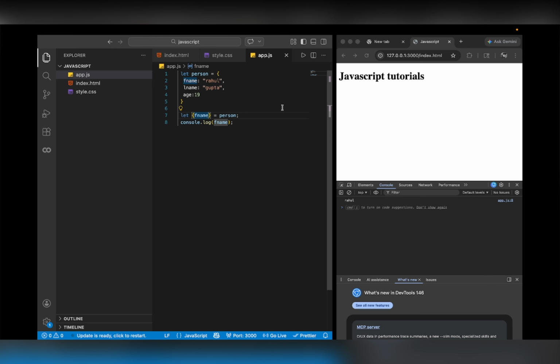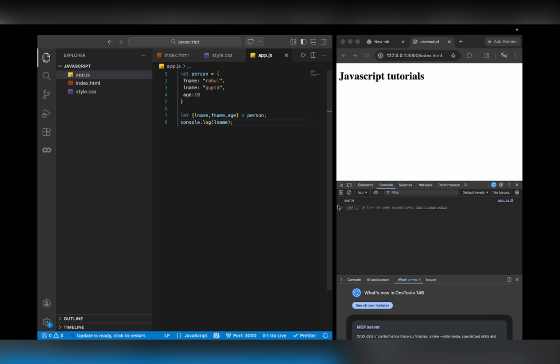सिमिलरली हम लोग एक बार में सारे को कर सकते हैं लाइक lname या age। तो यहाँ पे सेम केस में फर्स्ट नेम पे राहुल मिलेगा हमें, लास्ट नेम पे गुप्ता एंड एज पे 19। सो ऐसा ज़रूरत नहीं है कि हम लोग सेम सीक्वेंस में ही लिखें, हम लोग इसे आगे-पीछे कहीं से भी लिख सकते हैं। हम लोग को बस ये ध्यान में रखना है कि ये जो प्रॉपर्टी का नेम है और ये वेरिएबल का नेम है वो सेम होना चाहिए। जैसे यहाँ पे मैं fname कर देता हूँ, यहाँ पे lname कर देता हूँ, फिर भी उससे कुछ फ़र्क पड़ने वाला नहीं है। fname कर दें तो राहुल ही आएगा और लास्ट नेम करें तो गुप्ता ही आएगा।